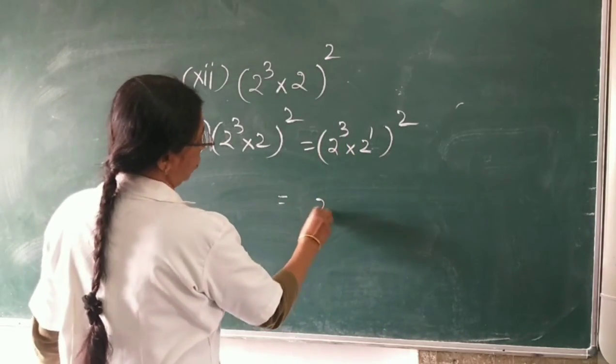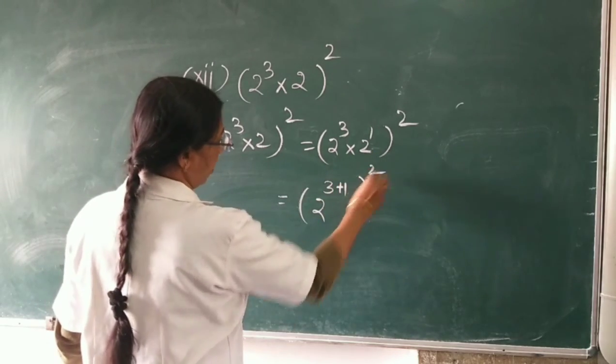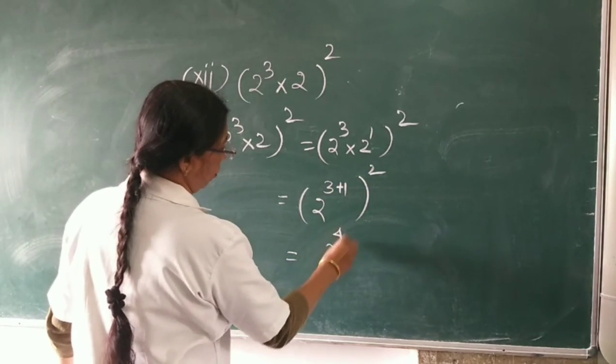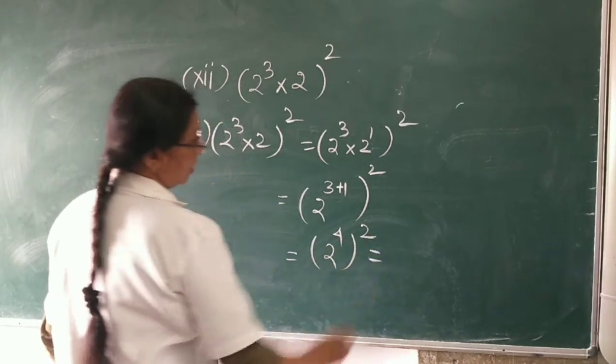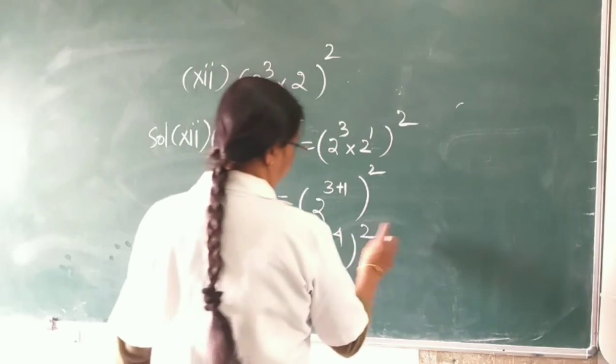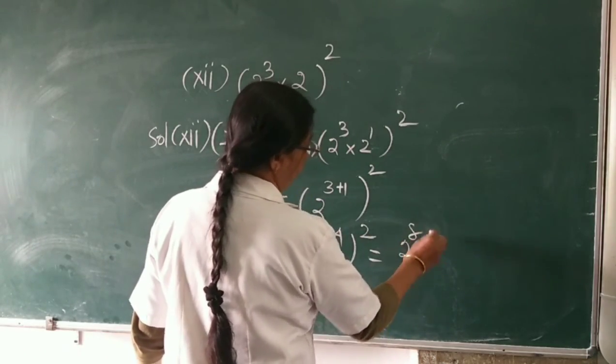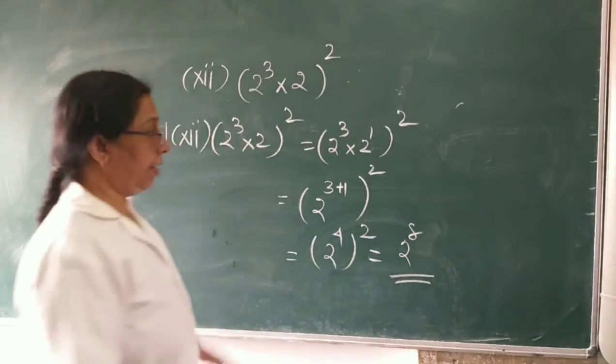It is 2 raised to 3 plus 1 the whole square. That is 2 raised to 4 the whole square. That is a raised to m the whole raised to n is a raised to mn. Product of the powers. 2 raised to 4 into 2 is 8. 2 raised to 8. Direct ഞാൻ എഴുതി, ഞാൻ ഇവിടെ